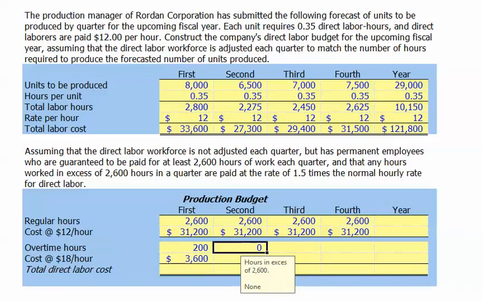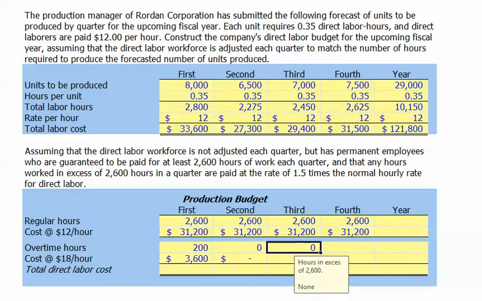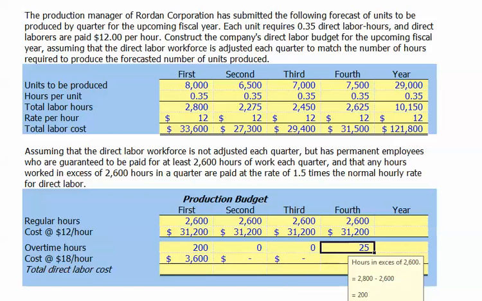For the second quarter, since our required total hours from part 1 is only 2,275 hours, and that's less than the regular hours that we will have available, 2,600, we won't need to work or pay any overtime. For the third quarter, our required direct labor hours is 2,450, again from the first part, which is less than the 2,600 regular hours we guarantee our employees, so we won't pay any overtime. In the fourth quarter, however, our total required labor hours is 2,625, which is 25 hours in excess of our 2,600 regular hours. We'll pay for 25 hours of overtime at a rate of $18 per hour for a total overtime cost of